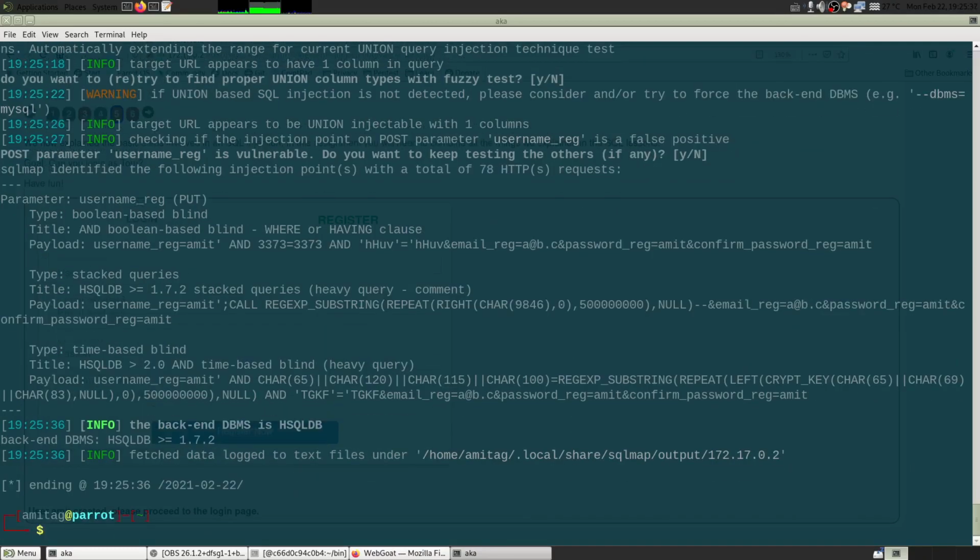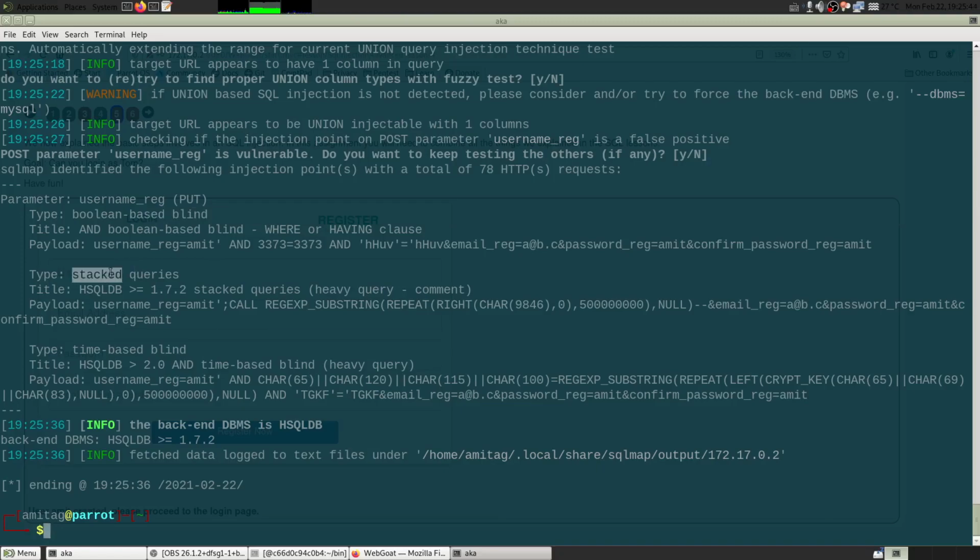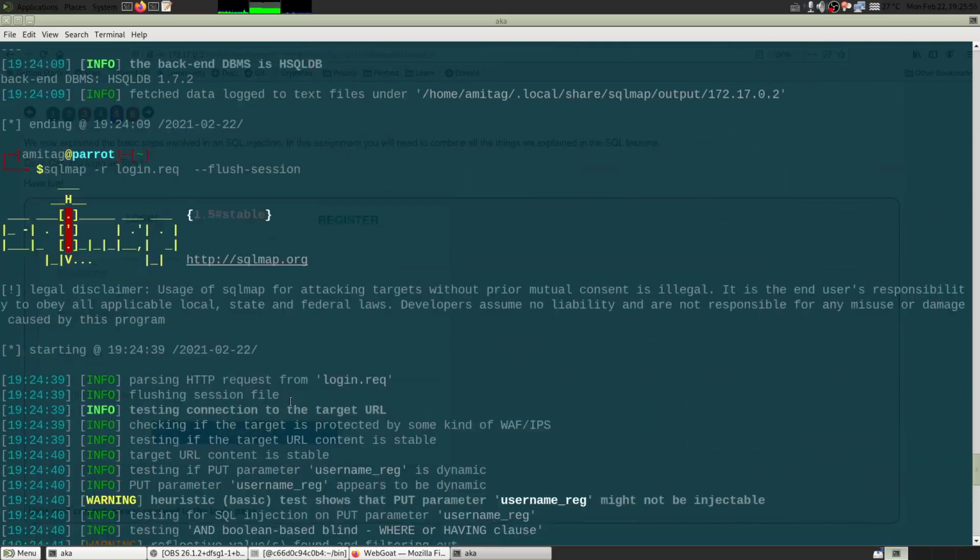So this is good news for us, and we can see that it is a boolean based blind injection. It can also do stacked queries and time based blind. And the HSQLDB is version 1.7.2.